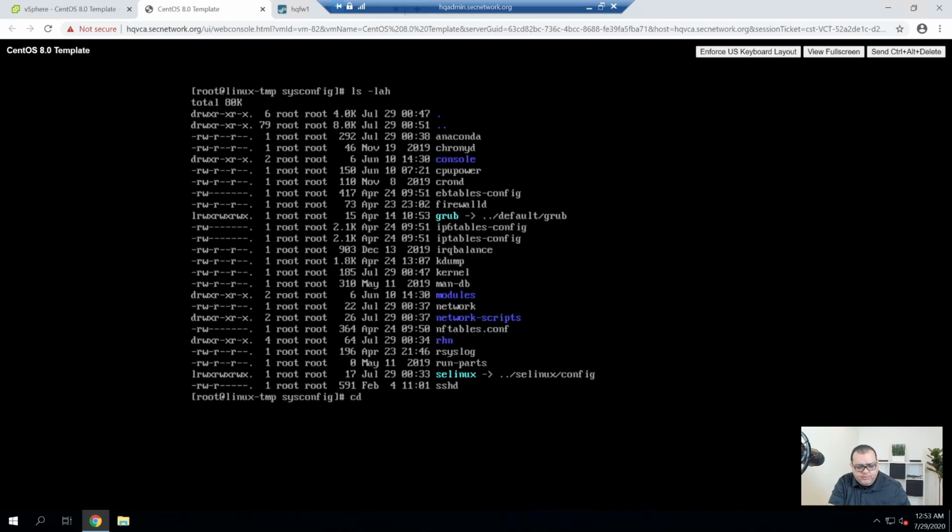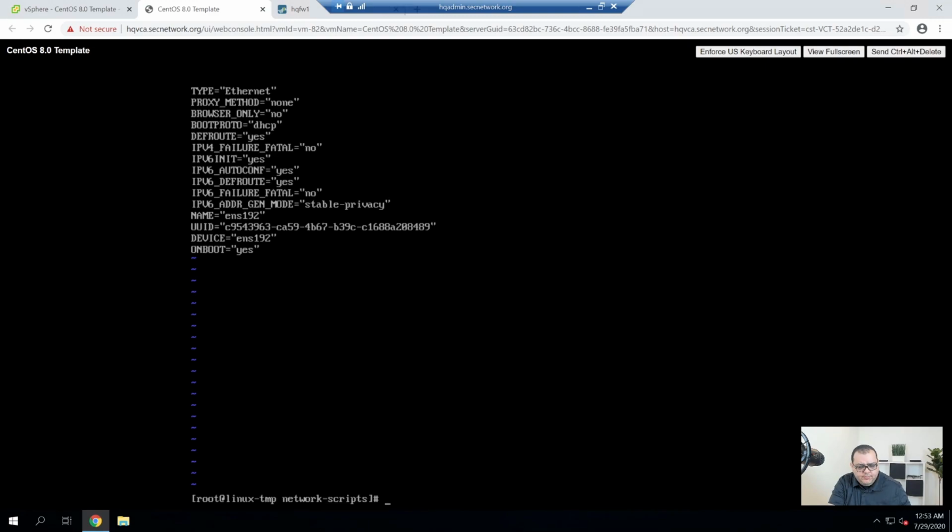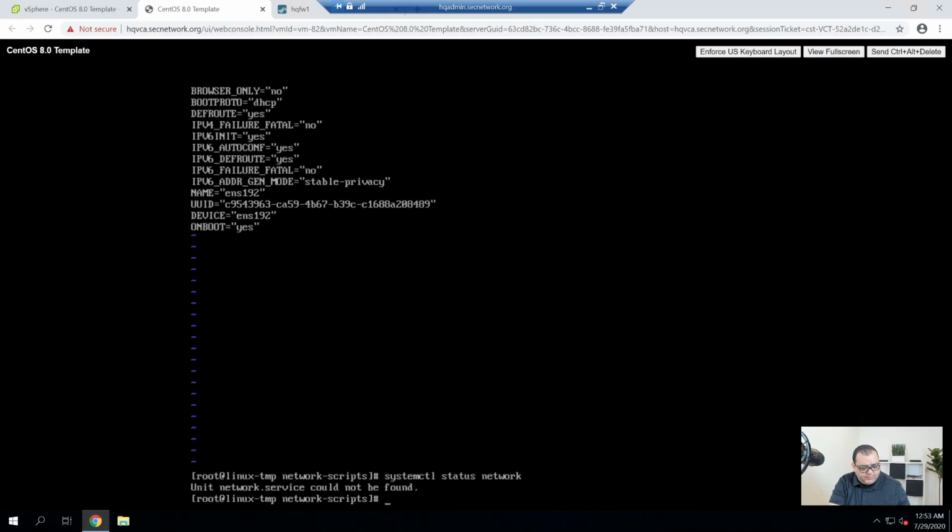Network scripts is here. Let's look at the status of the network, and it's not found. Alright, so it looks like it might just be dnf install network-scripts.